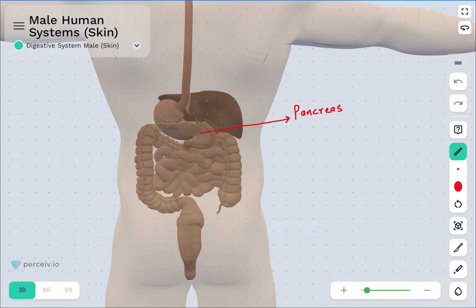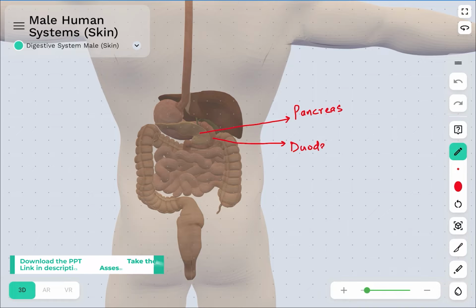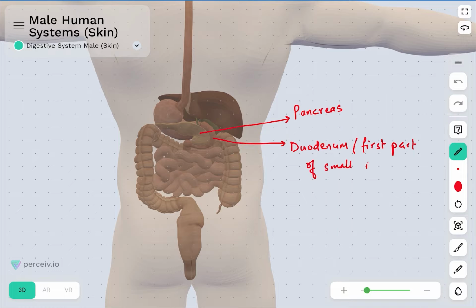So the location of the pancreas is that it is basically situated between the limbs of the U-shaped duodenum. So this is the duodenum, and the duodenum is the first part of the small intestine. You can see that this is U-shaped. That's why the pancreas is situated between the limbs